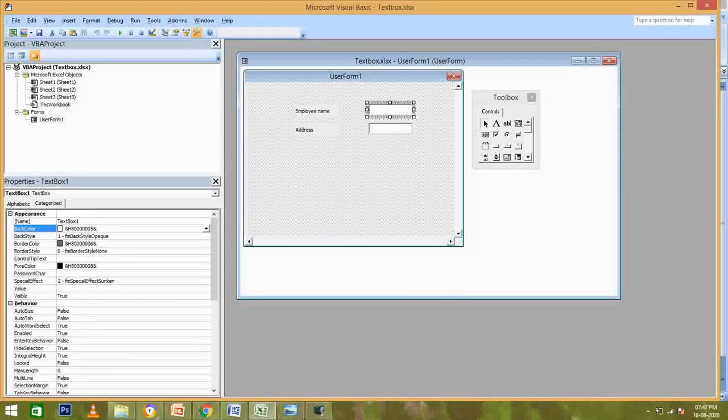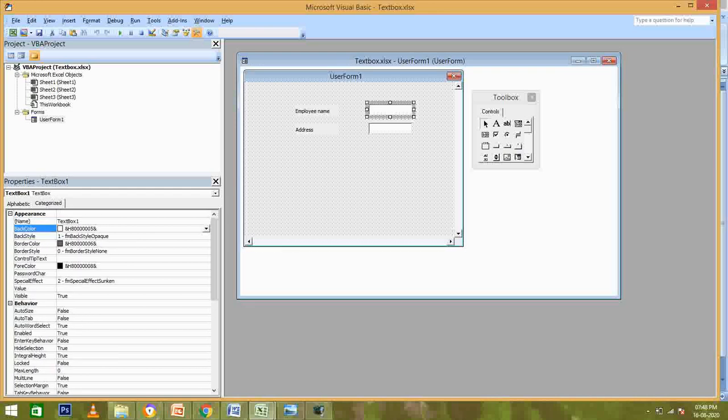Sometimes it is required that after writing 4 characters or 6 characters, the focus should move to the next control. So how can you do that? To give you an example, when you are making any payment on a website and you put your card number, as you know there is a 16-digit card number. Once you enter all the 16 digits, you can see the focus has moved to the next control automatically. You don't have to press enter or press tab. The focus is getting transferred to the next control.